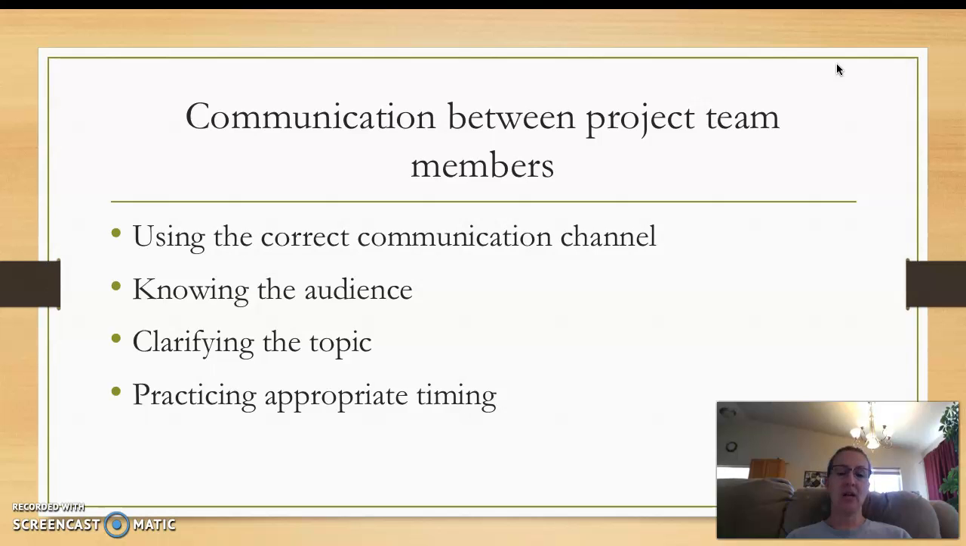In the college setting, there will be communication between different project team members. One important best practice is using the correct communication channel. So it's important in your college to understand what the preferred method of communication is and what stage of this